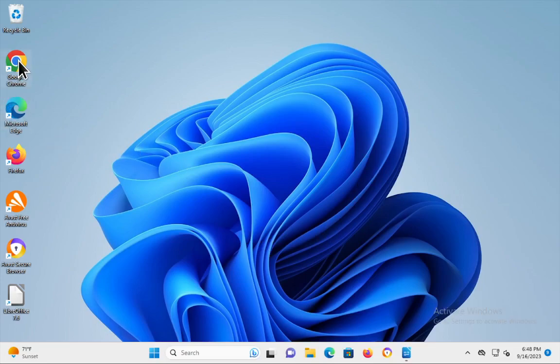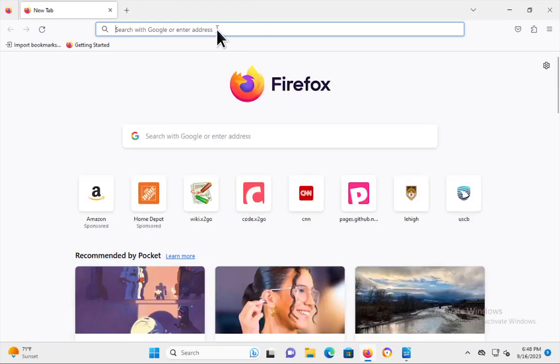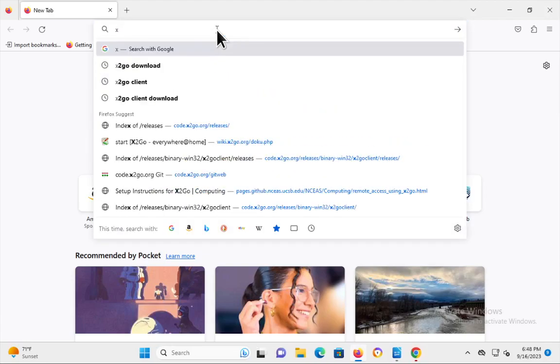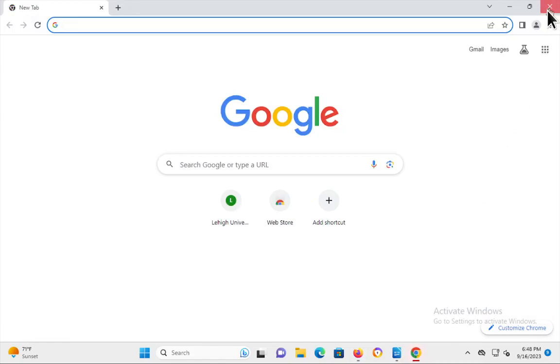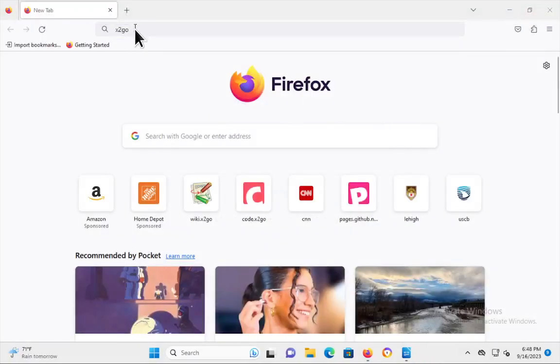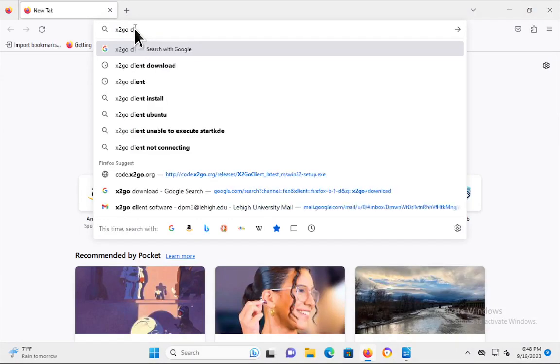So you can watch along here for a second, but I don't want you to do this. I'm going to use Firefox. With Firefox here, I'm going to bring Chrome up and close it. There we go. So I'm going to type in ece-x2go client download,